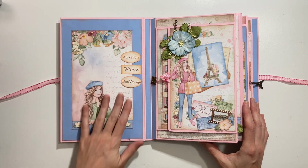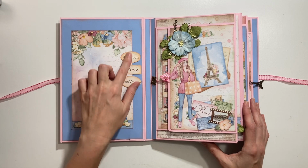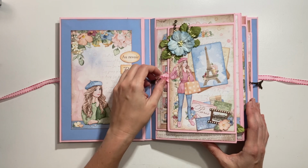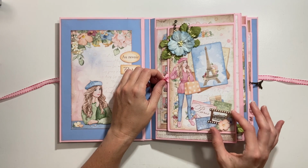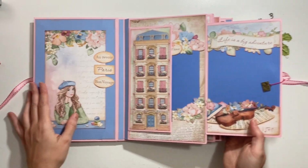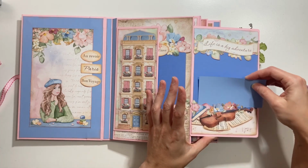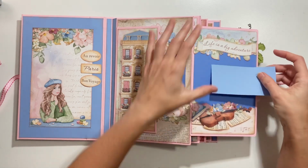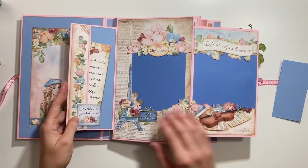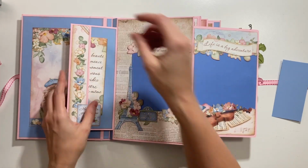So the front inside cover, just very basic, has one of the images from the 8x8 papers and then some of the pieces from the collectibles. I've used another charm here dangling down from this pull tab. There's some chipboard. Again, these are all dimensional in here. This is magnetized and it opens up, and then there's room for a photo. Here you will see that these ends are open, so the photo will slide under both of these to fit in here. Then here we open up and we have one of the journaling card bookmarks, and then room for